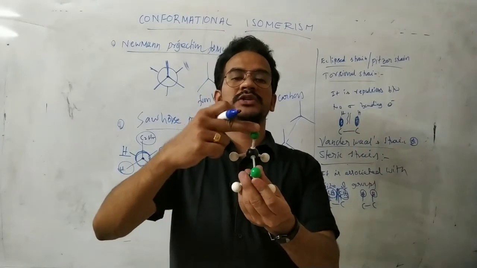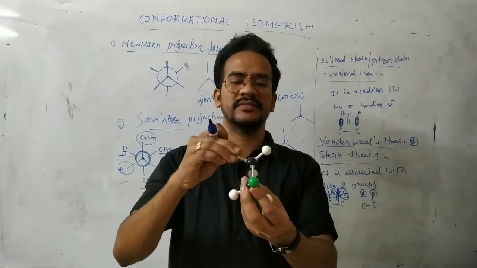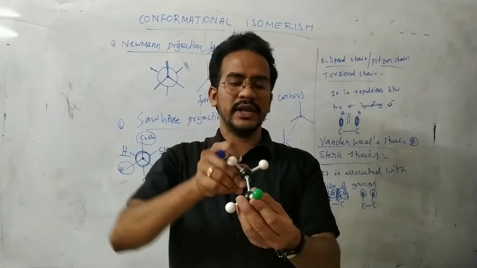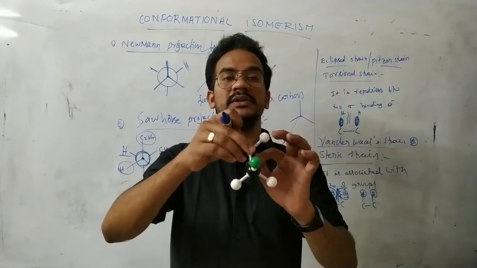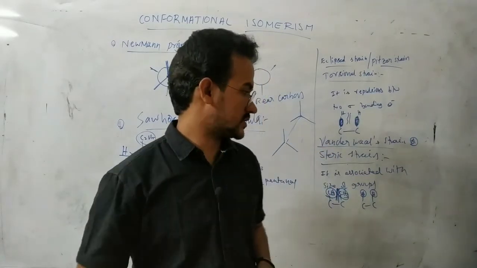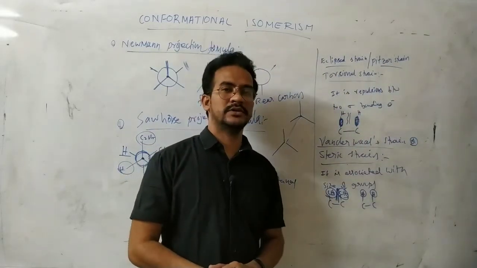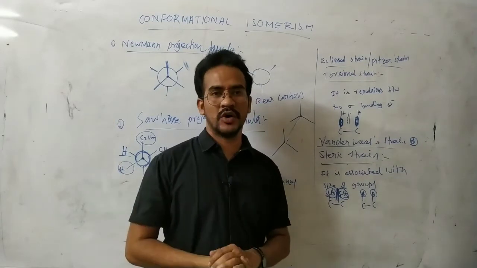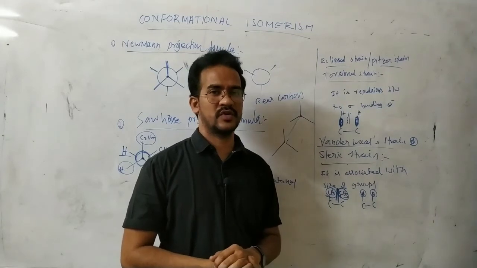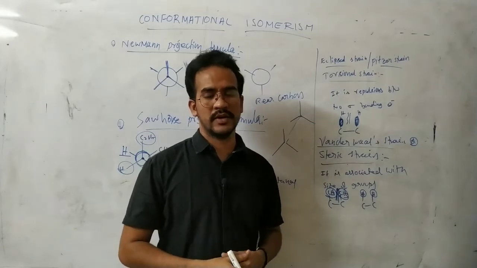You see, it is a methyl, these two are closer. We can see there is a steric strain. Suppose it is rotated like this, 60 degrees. So some repulsions are minimized. Now rotating 180 degrees, these methyls are exactly opposite. So no steric strain. So steric strain, eclipse strain, dihedral angle, and then Newman projection, Sawhorse projection, they are the basic definitions of conformational isomers. Now next let us study the conformations of ethane and butane.